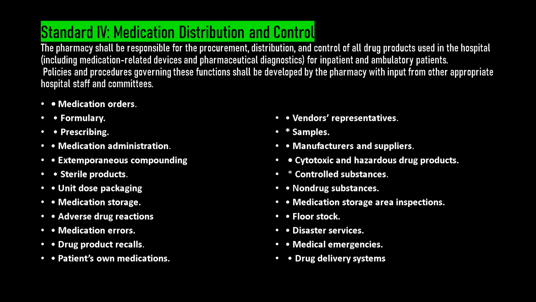Preparations should be of this type, sterile products like TPN, total parenteral nutrition, and some injectables. So take care for that purpose, and we can fulfill the procedure of sterilization also. And all sterile medication shall be prepared and labeled in a suitable environment by appropriately trained persons. Quality assurance procedures for the preparation of sterile products shall exist. Unit dose packaging for inpatients, that is, we can give for inpatients for 24 hours.